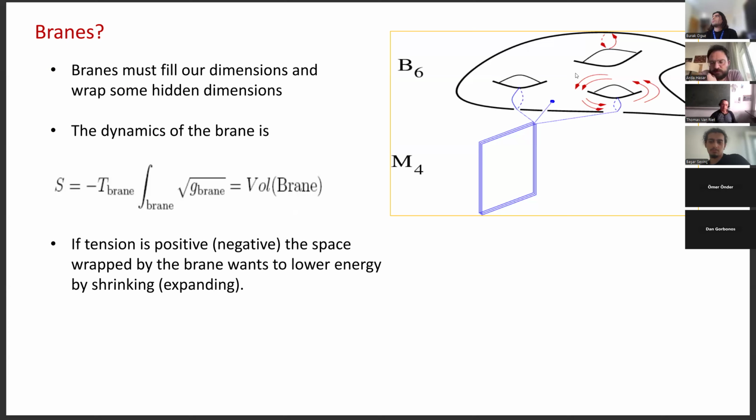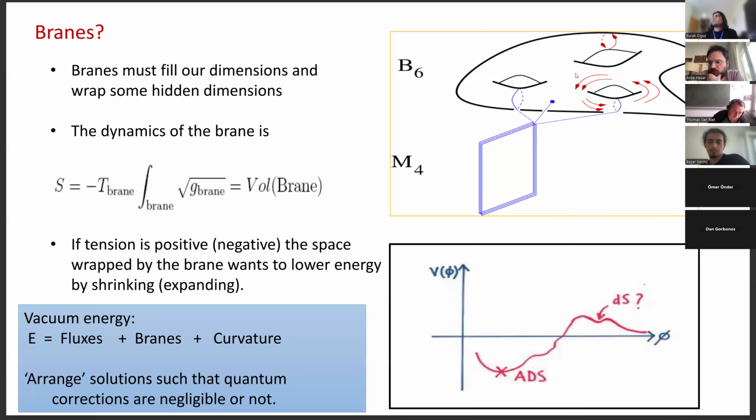these extra dimensions, right? And so what is the game to play? The game to play in the classical corner of string theory, which I explain in my lecture notes, is that you just add those two forces. So there's the magnetic fields, there's the branes and the curvature. And then you plot or you compute the way the energy depends on, I don't know, a given field. This can be the dilaton. This can be the size of one of these extra dimensions. It can be anything. But you want to have a vacuum, right?